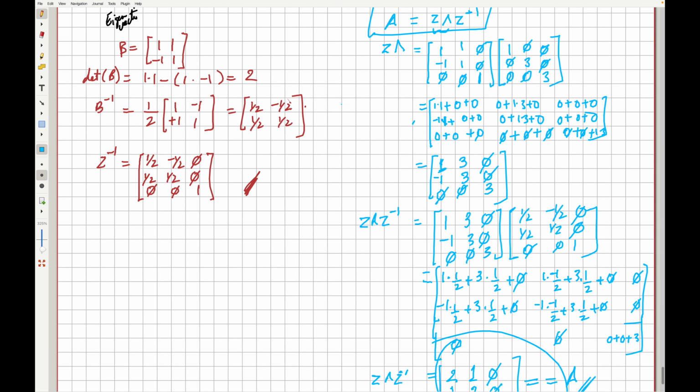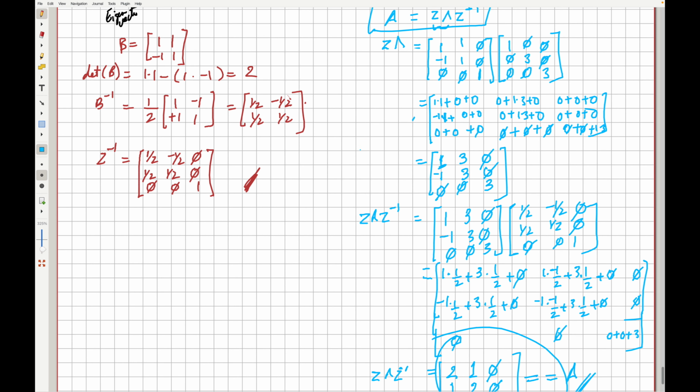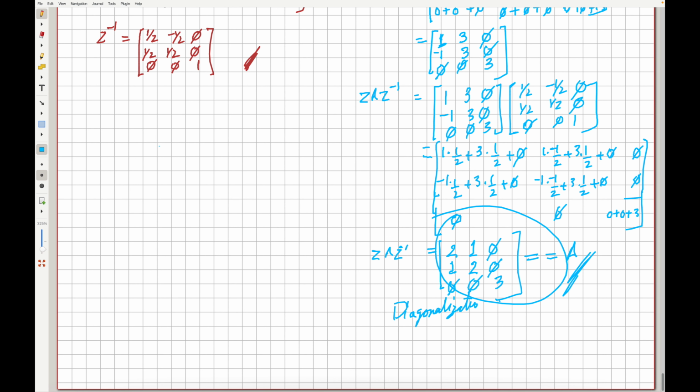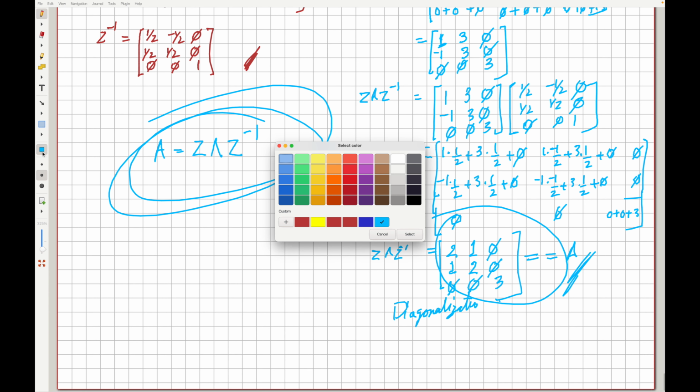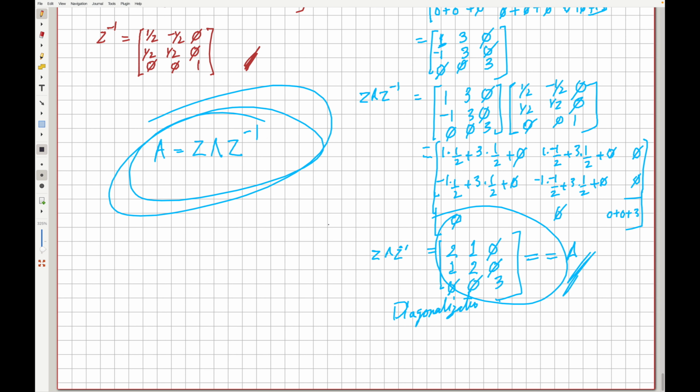So if we are looking at messy data, and so this relation, which is A is equal to Z lambda Z inverse, it's one of the most important equations in linear algebra. So it helps us look at messy data rather than using a messy matrix A. If we view it through the lambda matrix, it makes it look easier. So the key takeaway points from this particular video are that